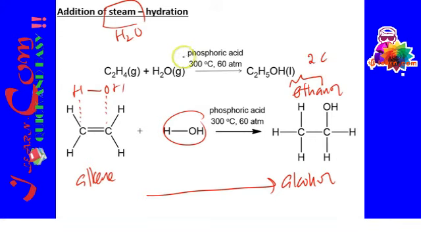Okay, conditions, phosphoric acid, 300 degrees Celsius, 60 atm. Take note, you must write this in. No conditions, no reactions. No reactions, no marks. Okay, so alkenes, ethene, add water, add steam, in the presence of this condition, you will get the alcohol. In this case, this is ethanol. Easy. So if I were to say add for propene,